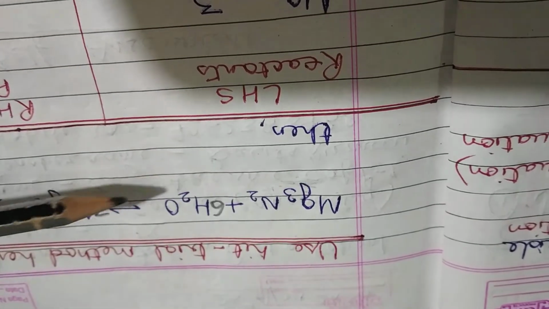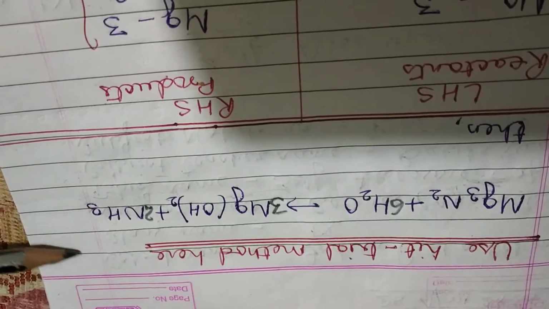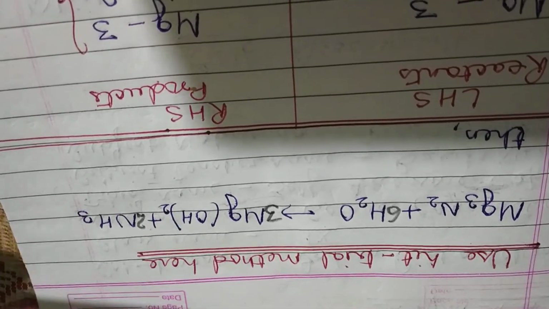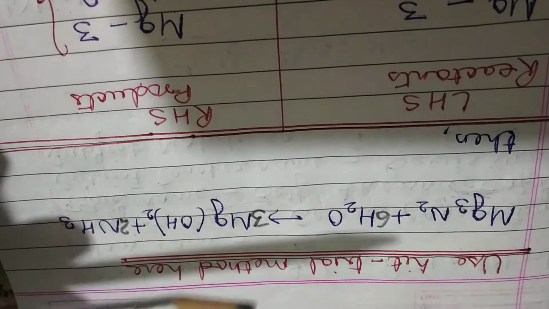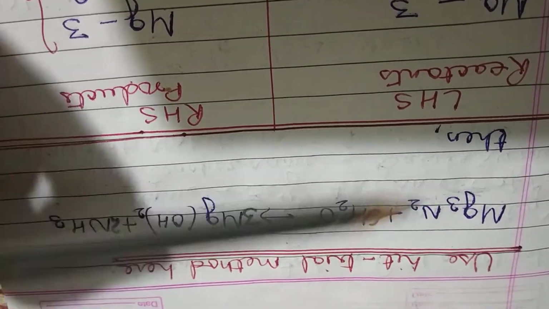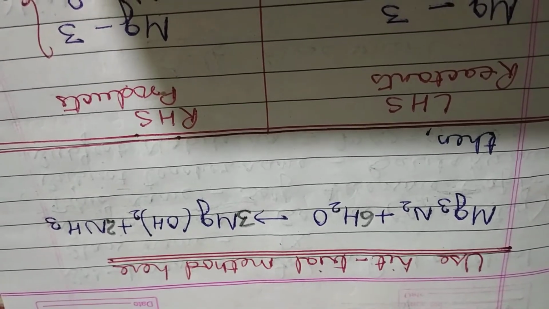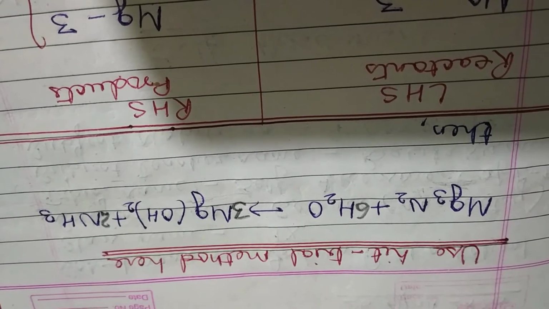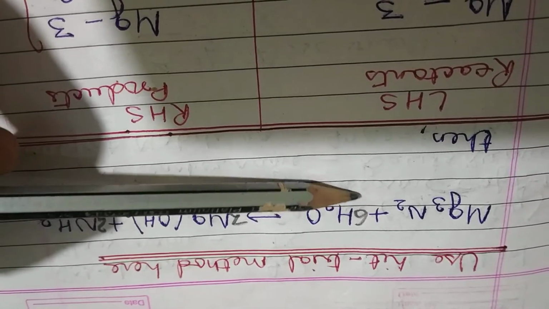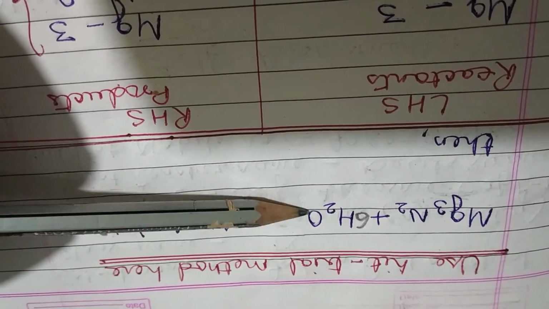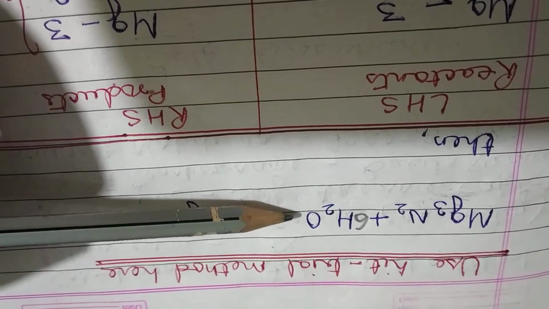Now on the left hand side, hydrogen has 12 atoms. On the right hand side also, hydrogen has 12 atoms. So in this way, on both sides, hydrogen has an equal number of atoms. Now what is left here? We have balanced the magnesium, we have balanced the hydrogen, and nitrogen also we have balanced. Oxygen is left here. Now oxygen, then 6, it means 6 is again multiplied by this one according to the distributive law. Now hydrogen is 12 here and oxygen is 6 here.